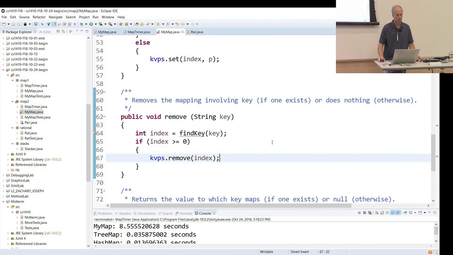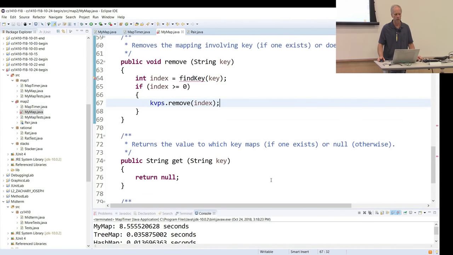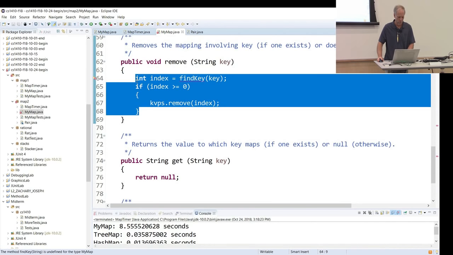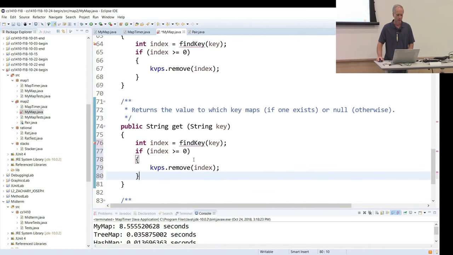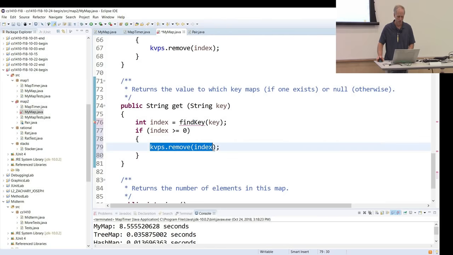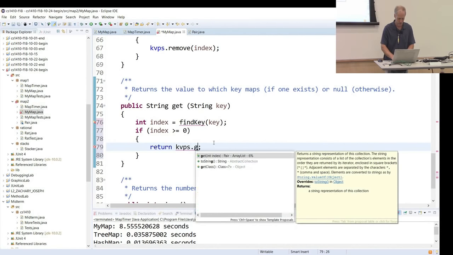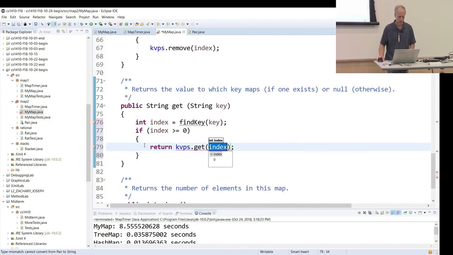Great. What do we do to return the value to which a key maps? Someone gives us a key, we have to find the corresponding value. What do we do? Yeah? Basically the same thing, but return it instead of updating it. You find out where the thing is, and if it exists, we return kvps.get of index, and otherwise,